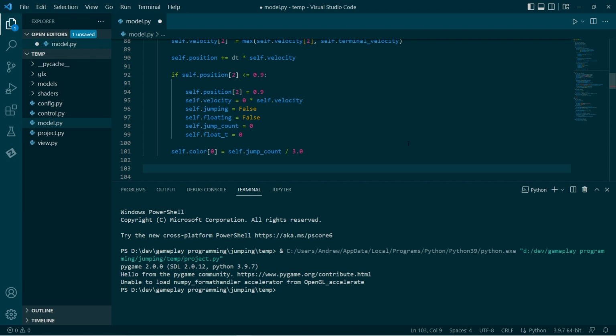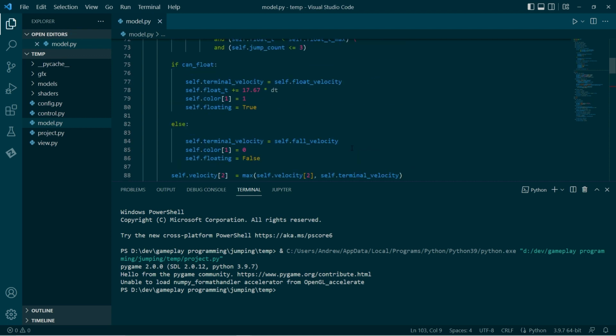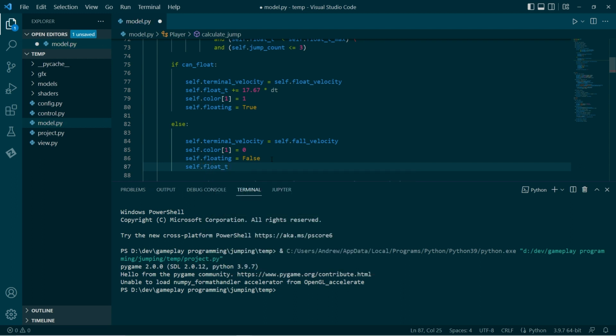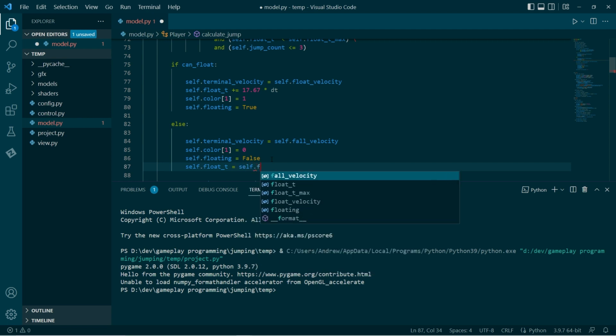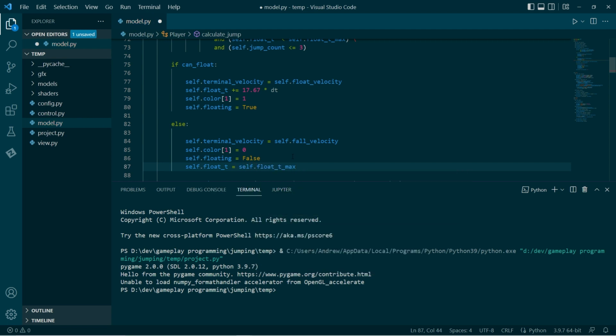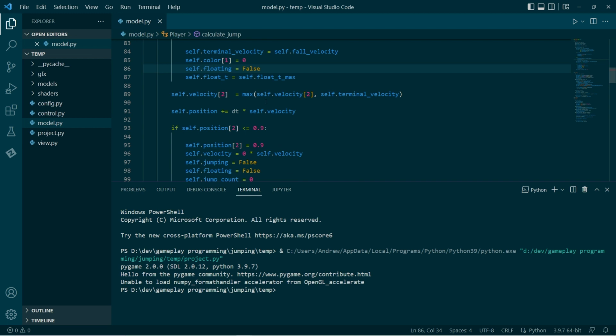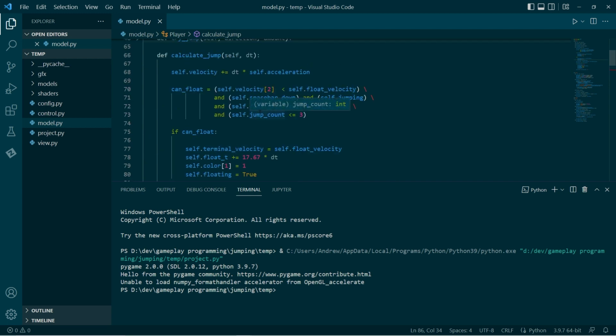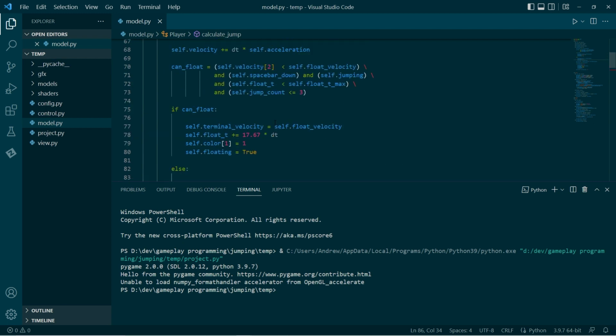Okay. Now, there's a few other things to do, and one of those is if I'm not able to float, then I want to set my float t to the maximum, and this is just ensuring that I'm not magically able to float again midway in the air.